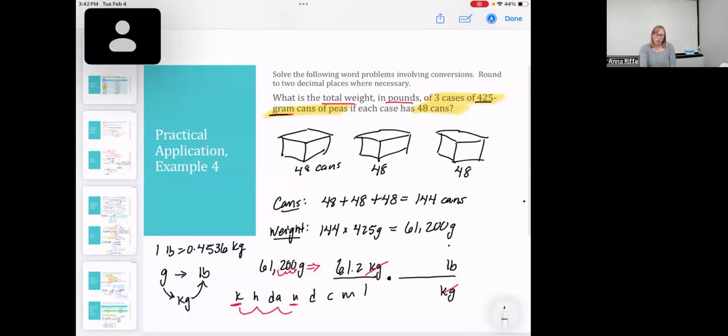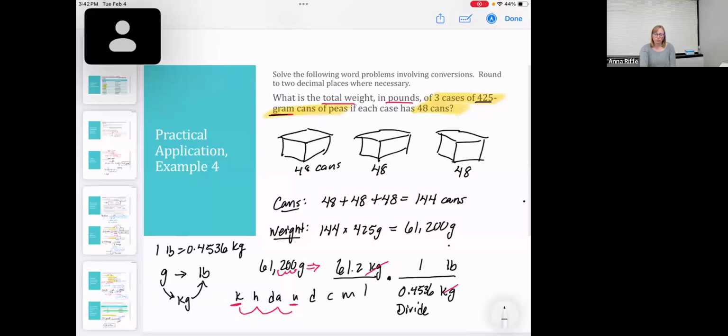We're going to use our unity fraction here. 1 pound, 1 is the number that goes by pounds. 0.4536 is the number that goes by kilograms. The 0.4536 is in the denominator, so I'm going to divide